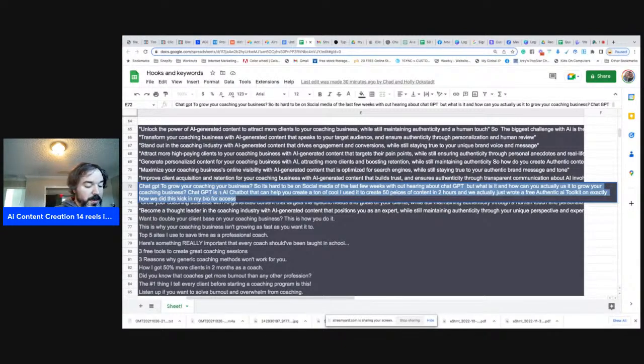There you go. There's one reel. And now what I do is I take it, and we use something called Airtable. And we create the